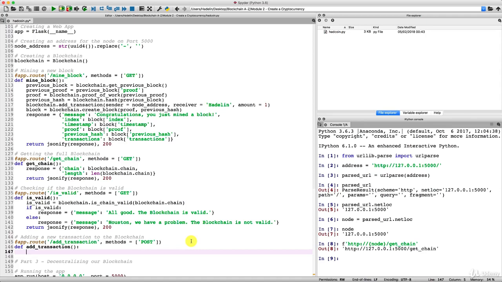All right, so first what we'll need to do now is get that JSON file that will be posted in Postman. And to get it, first I'm going to introduce a new variable that I'm going to call JSON, which will represent the JSON file itself. So JSON, and how are we going to get the JSON file? Well, we're going to take our request library, and from this library, we're going to call the getJSON function. All right, so that will basically get the JSON file posted in Postman.